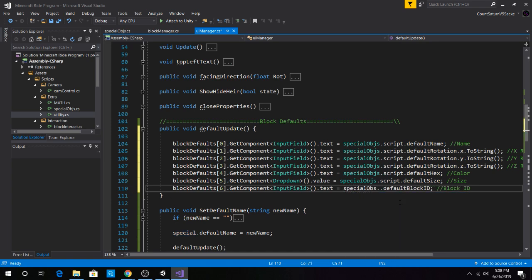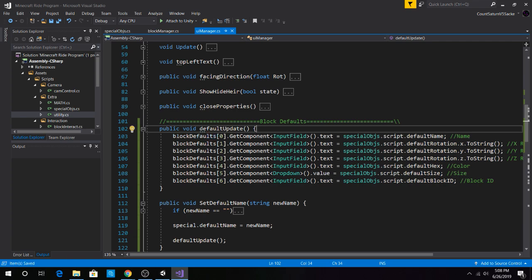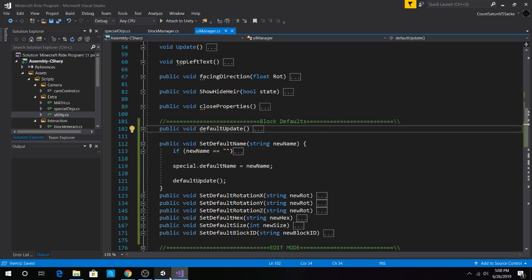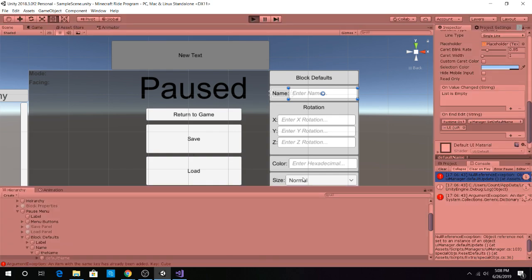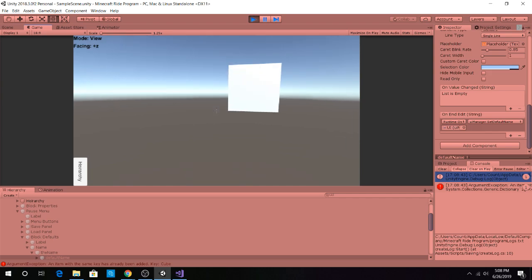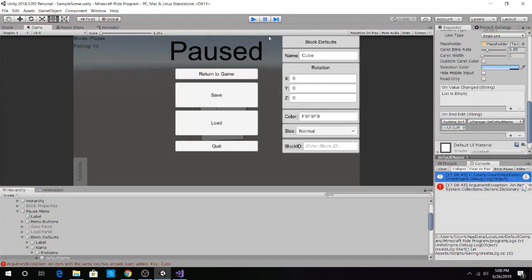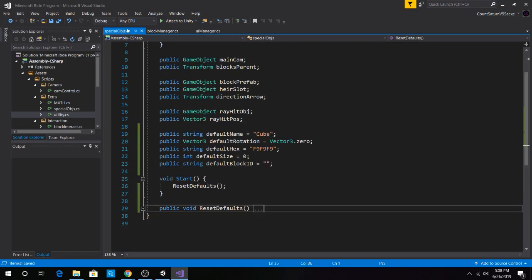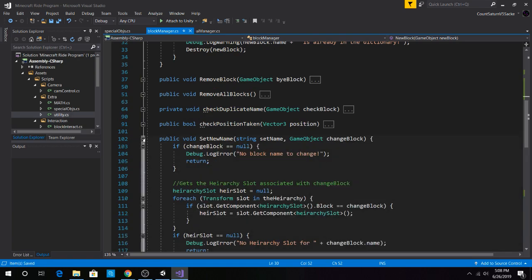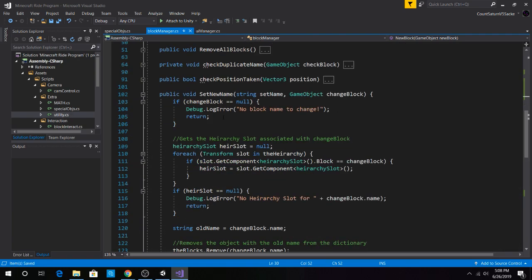Special objects.script. Come on. Special. Okay, there we go. Special objects. There we go. And with that, we can say that this hopefully now works. Okay. And now we're having problems with the block manager. So set new name should have set